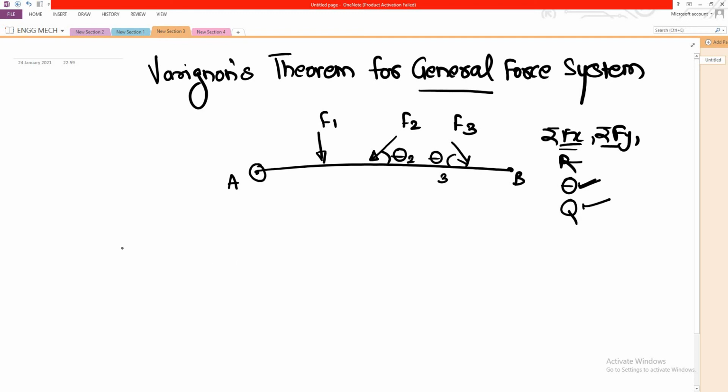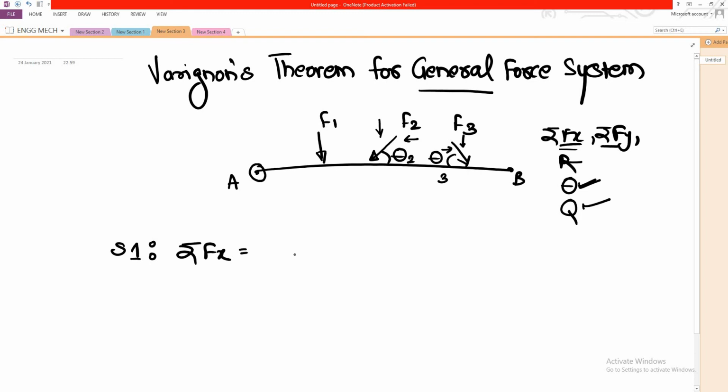So the first step is the same as it was in the case of parallel force system, that we have to find out Fx here. In parallel force system Fx was 0 because the forces were purely vertical, there was no horizontal or inclined force. But here since F2 and F3 are present, first we will have to break them down into their mutually perpendicular components, then we will be able to split and properly note them down under Fx or Fy.